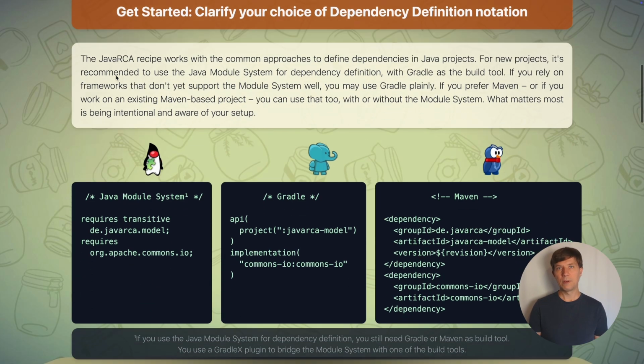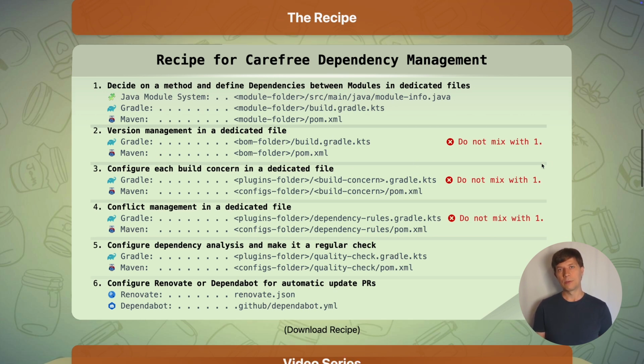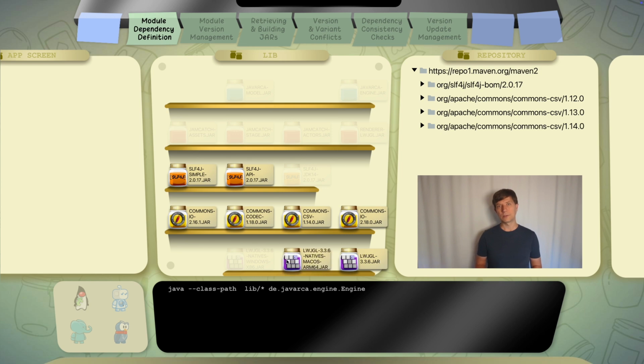Welcome to this episode where I talk about the second item of my recipe for carefree dependency management in Java projects, which is version management. One aspect we have touched in the last two episodes is using open source third-party modules. One thing we have to deal with when we use these modules compared to our own modules is version selection, as each third-party module exists in multiple, sometimes hundreds of versions.